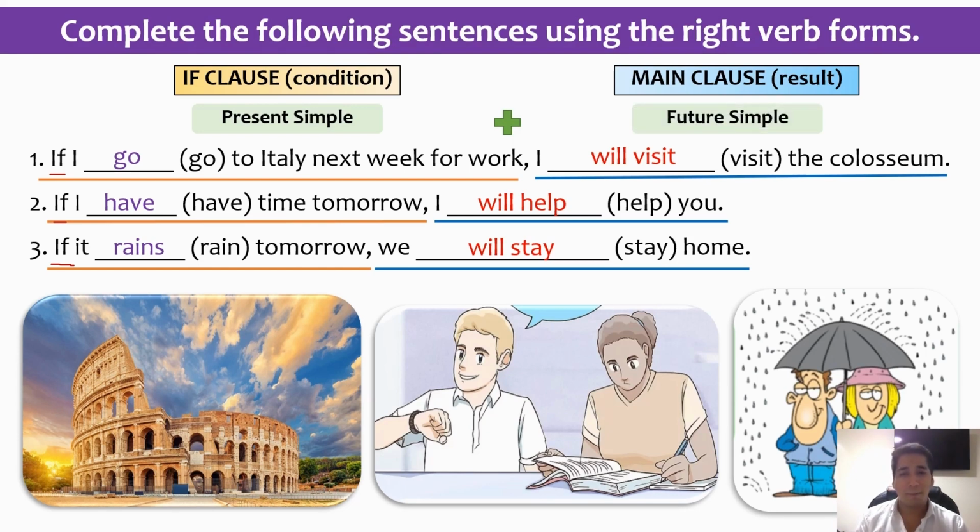Okay, well done. There's something else, guys, that I want you to check over here, and that all of these sentences share. What is it? Have you found it? Okay, alright, the use of a comma. And teacher, why? Because as I said, we have first the if clause and then the main clause. If we have the condition first and the result, let's say, as the second clause, we need to use the comma obligatorily. Very good.